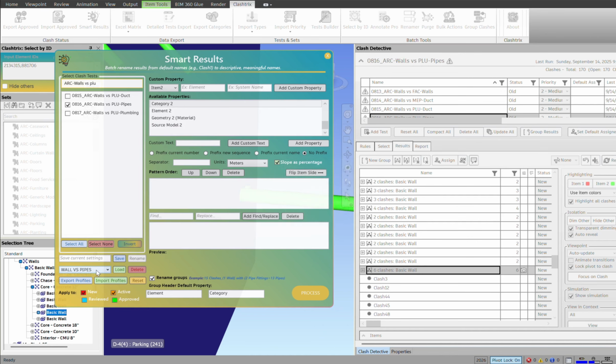Let's say, for another test, you have the opposite search sets, PLU pipes versus arc walls. You can use the flip item side, and all item 1 will become item 2, and vice versa. Notice that if the value does not exist, you will see double brackets with no value inside. Therefore, we recommend adding a Find Replace condition to avoid that. We will add double brackets for find value and replace it with nothing. Now, if we flip item side, we don't see any empty brackets, so we'll keep it this way since we